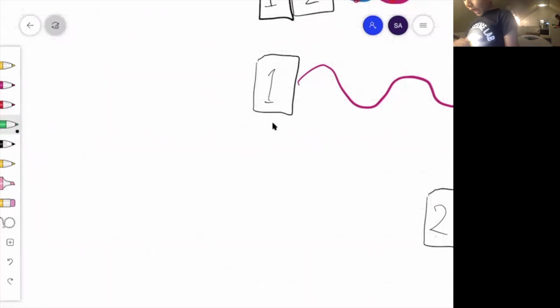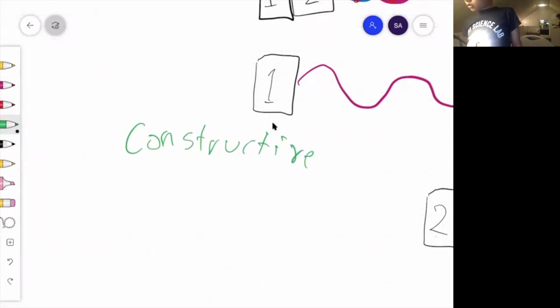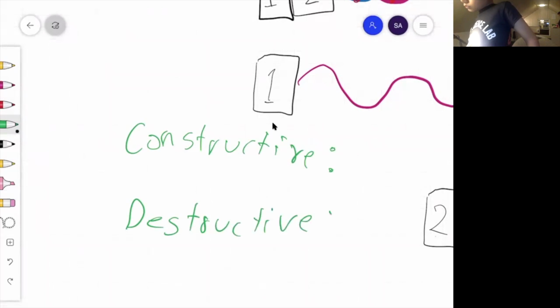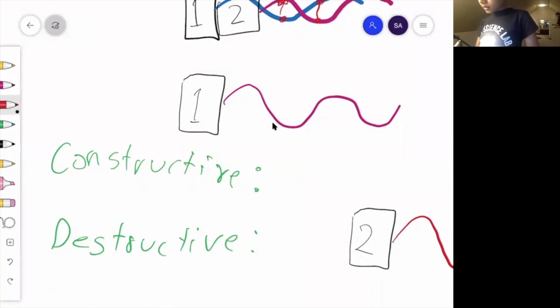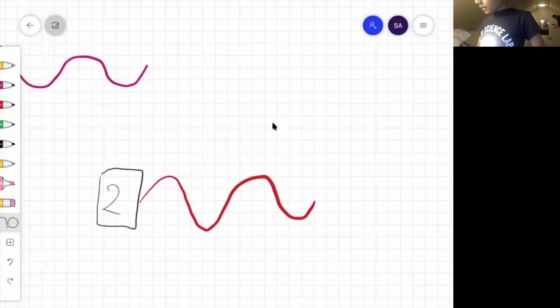Now we have lengths at which some things are constructive, and lengths at which some things are destructive. So, constructive lengths would be, well, let's see what these would be.